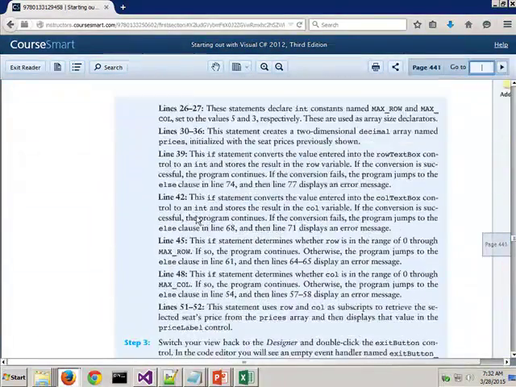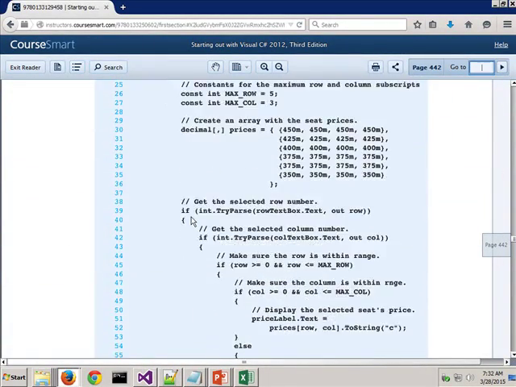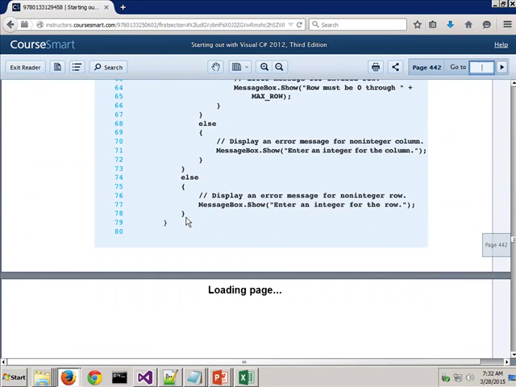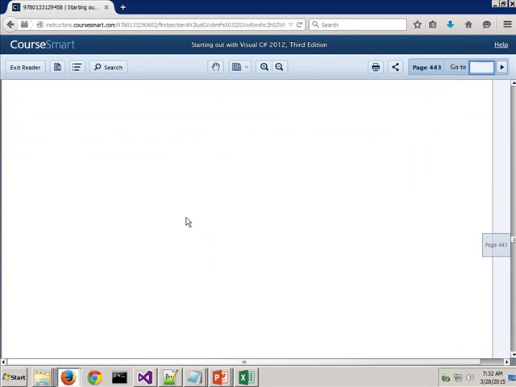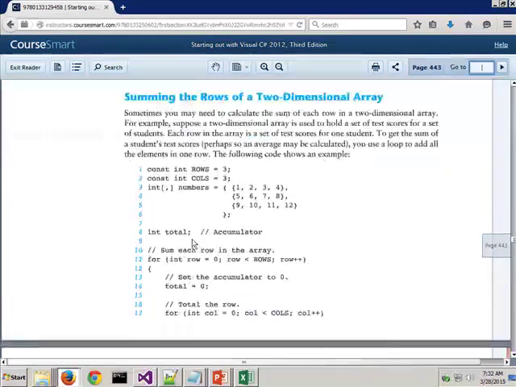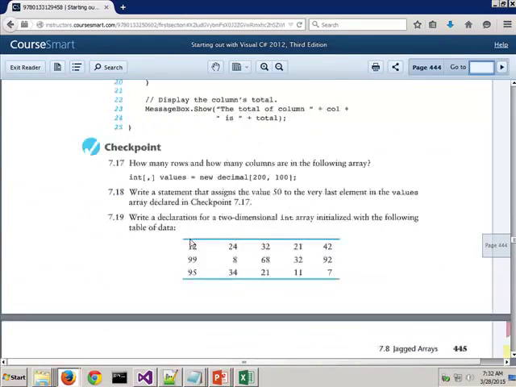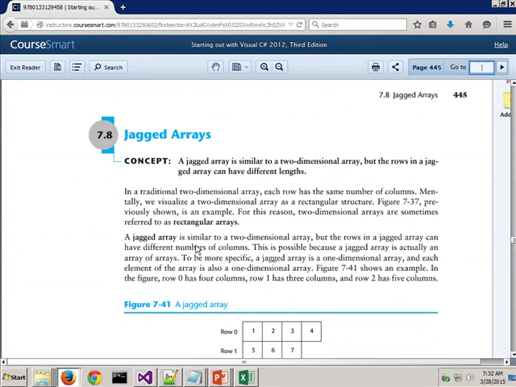he's got a couple programs in here again that shows you this stuff. He shows you the difference as far as summing the elements in a two-dimensional array, summing the rows together, summing the columns together. All right, then he gets into these jagged arrays that you see here starting on page 445. We're coming towards the end of the chapter. There's 2 more topics, and this is one of them, and then we're finished. All right. So again, a jagged array,